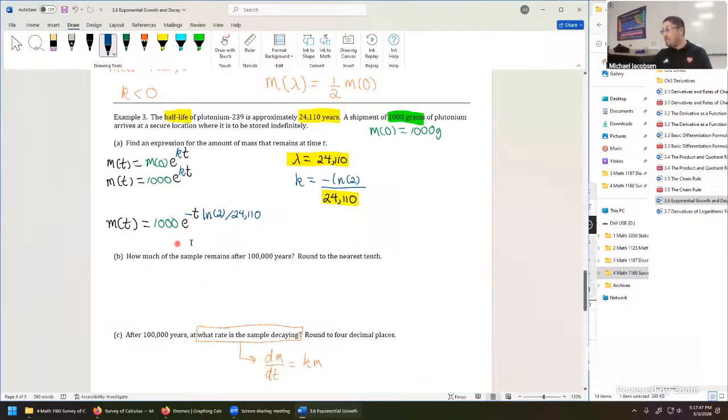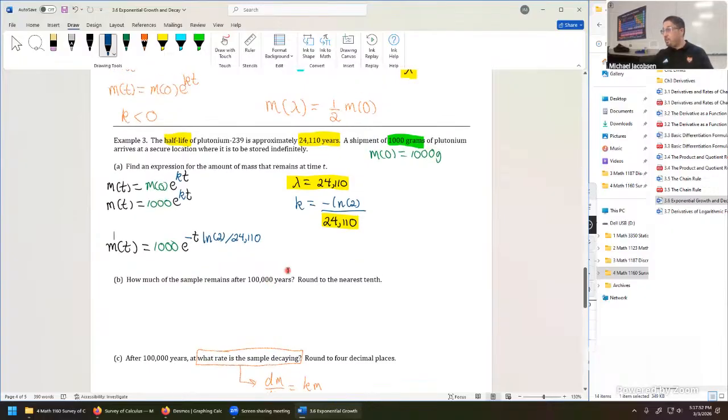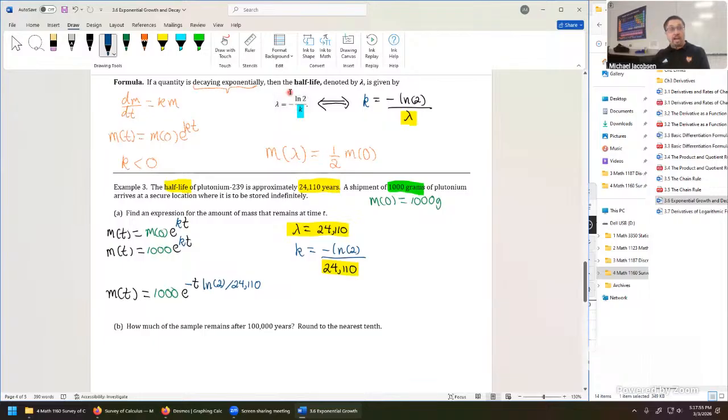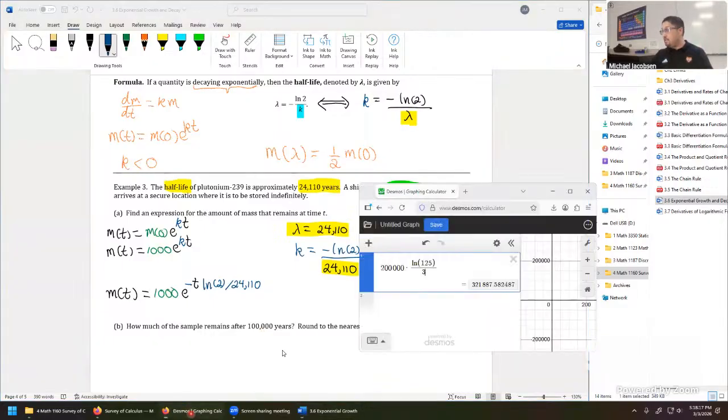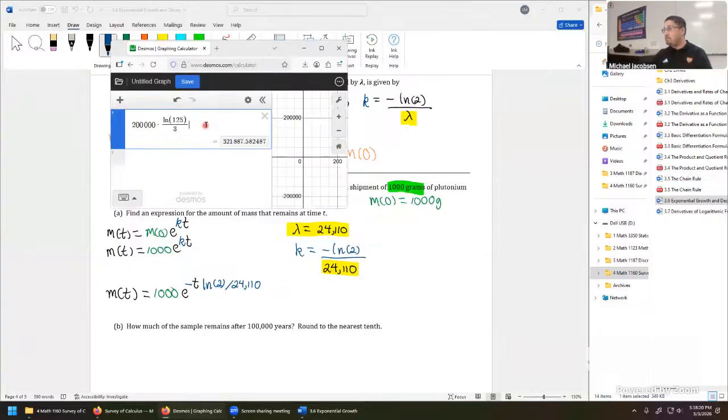If we want to know how much of the sample remains after 100,000 years, we could give a pretty good approximation to that, thinking about what half-life is. One half-life gives you half of it. Another half-life gives you half of this, so 1/4, and so on. And even though the half-life isn't 25,000 years, if we approximated it really, really roughly as 25,000 years, that means 4 half-lives have gone by. So that would mean take the 1,000 grams altogether,